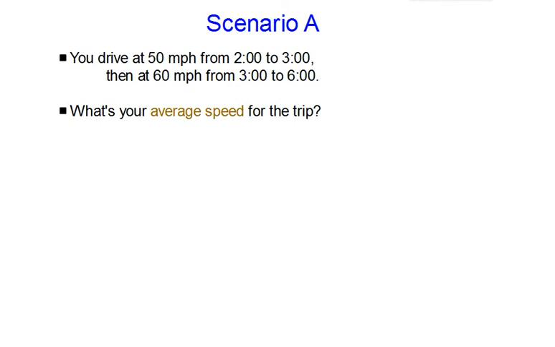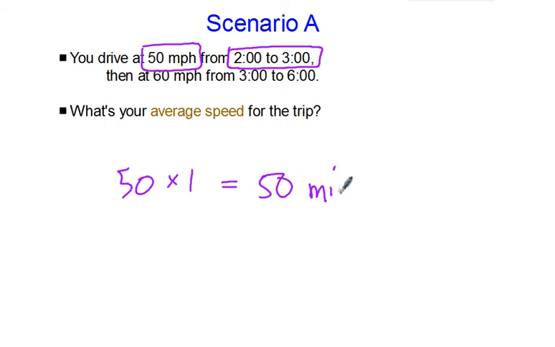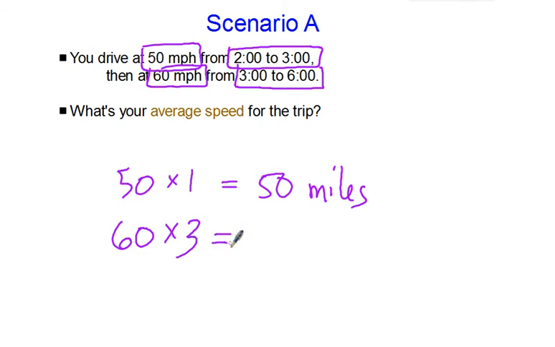In scenario A, we can just treat this as a real straightforward and simple problem that from 2 o'clock to 3 o'clock, which is a 1-hour interval, we're driving at 50 miles an hour. And if we multiply the speed by the time, we see that you drove, obviously, 50 miles during that time period. Whereas from 3 to 6, a 3-hour time period, we drove at 60 miles an hour. So driving at 60 miles an hour for 3 hours, clearly you would drive 180 miles altogether. And so during the entire time interval, starting at 2 and ending at 6,